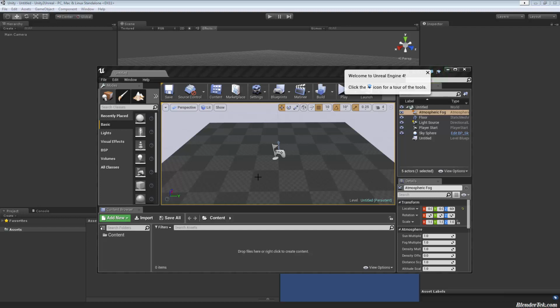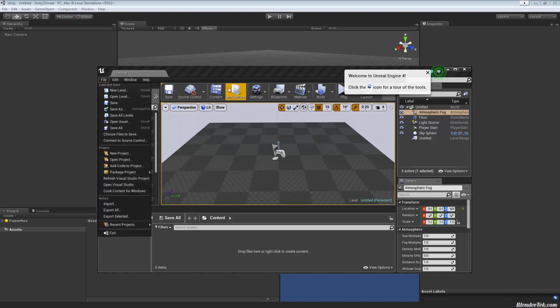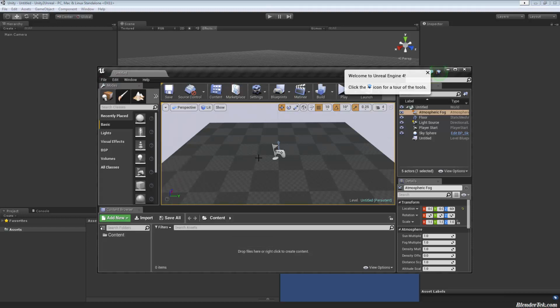In the next volume, I'm going to go through the UI of Unreal and viewport navigation, what all these buttons do, all the options we have in here, and we'll get into some more depth as the volumes go on and as I learn more. In later volumes, as I learn more, I will show you more features in Unreal and how they are either easier or harder than their comparative brothers in Unity.